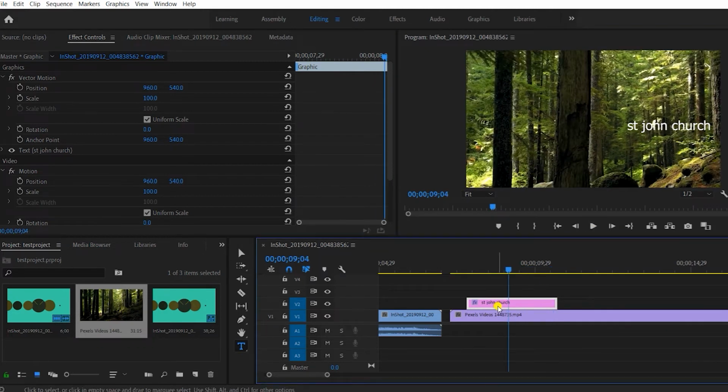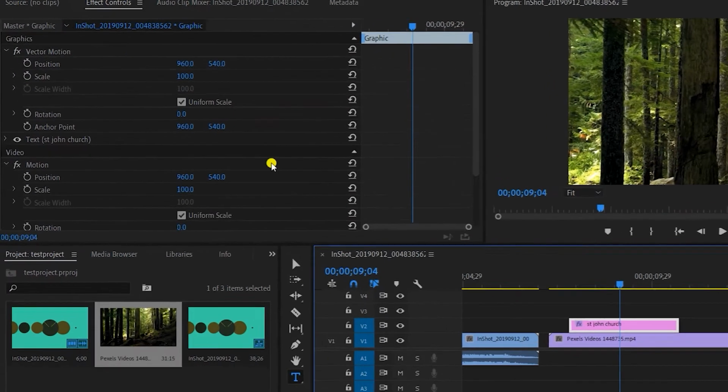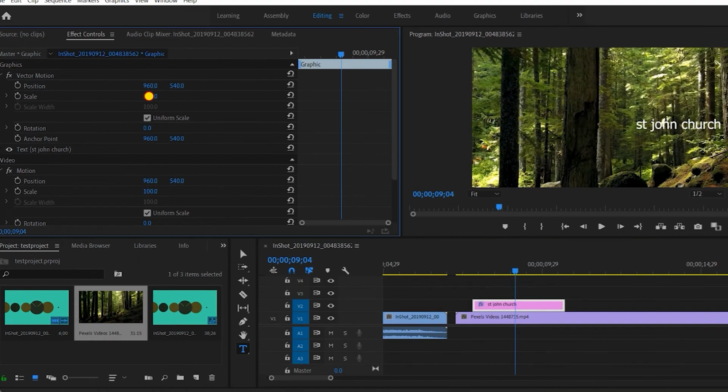Now let's change the color and add some animations to it. As soon as you click on any clip and the graphics section opens, you can change the scale. 100 means the regular scale. I can increase it by just clicking on it and dragging it towards the right. As you can see, as soon as you drag it to the right, the size of the font increases, and again if I hold it and drag it to the left, the font size decreases. Similarly, you can also change the position. This is the position tool.